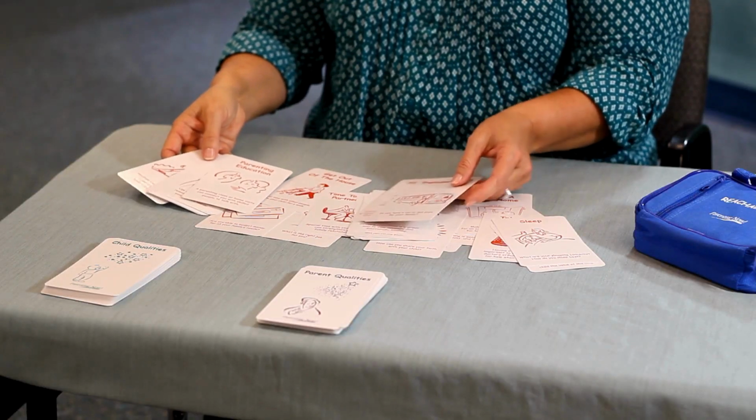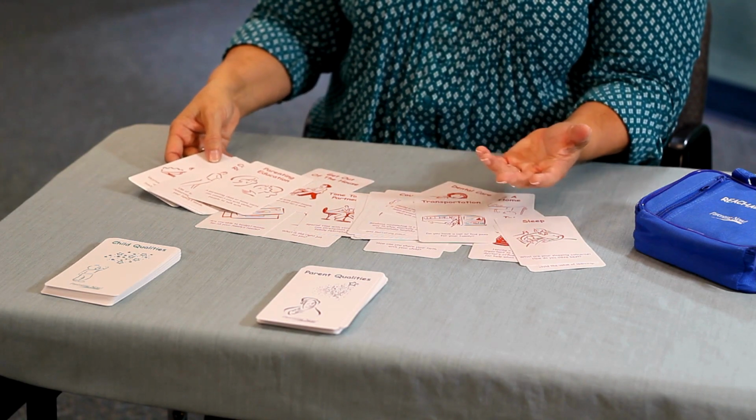We go through the same process, picking 10 different qualities or things that parents want to have in their families, and help the parents talk about small, concrete steps that they can do to make some of these qualities a